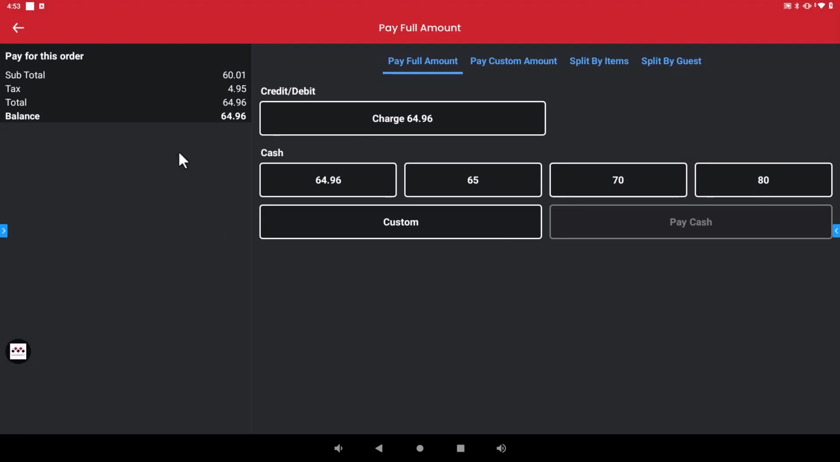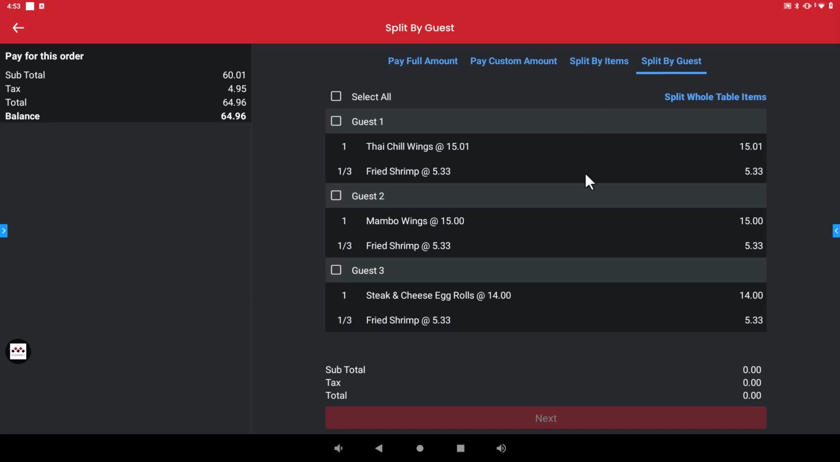So now whenever your customers go to the payment section, if they want to pay a custom amount, pay the full amount, or maybe split by items or split by the guest, you have that capability to pay based on what the customer is asking. So for example, if you're going to split by guest, each guest is going to pay for whatever they paid for,